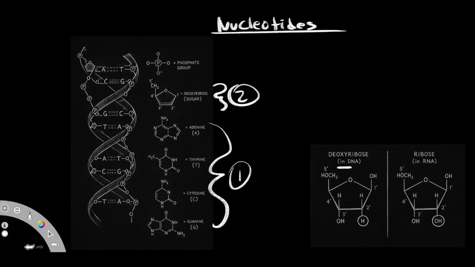be a deoxyribonucleic acid. But if the nucleotides here got together and had their sugar subunits using a ribose sugar, you would get a ribonucleic acid. And then lastly, either one, the DNA or the RNA, they would also need a phosphate